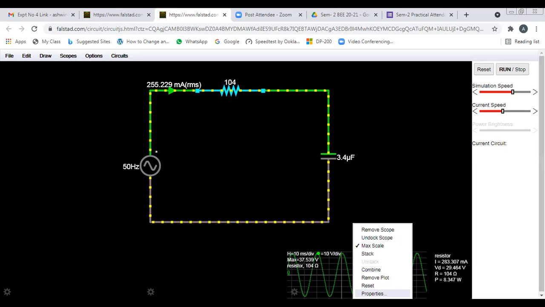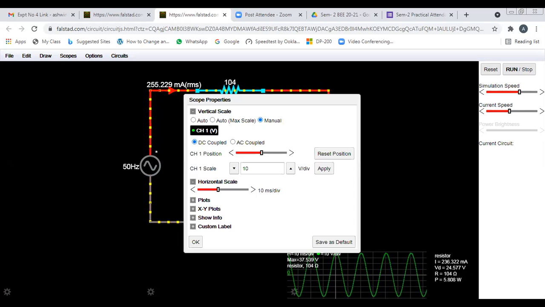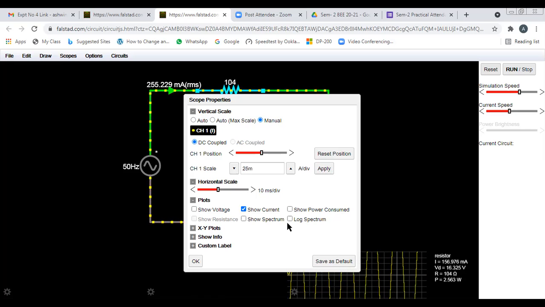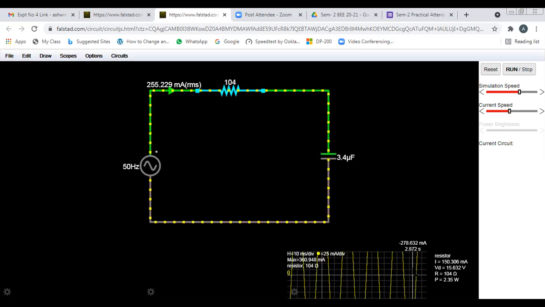So right click the graph, go in properties. The properties window gets opened. Now what do you have to do in properties? Yes, to activate the current in the plot, I want the current, so I'll click current and inactivate voltage. Otherwise you will get 2 graphs on the same screen. So it is better to show current. I did. Now all of you can see the current waveform in yellow color.